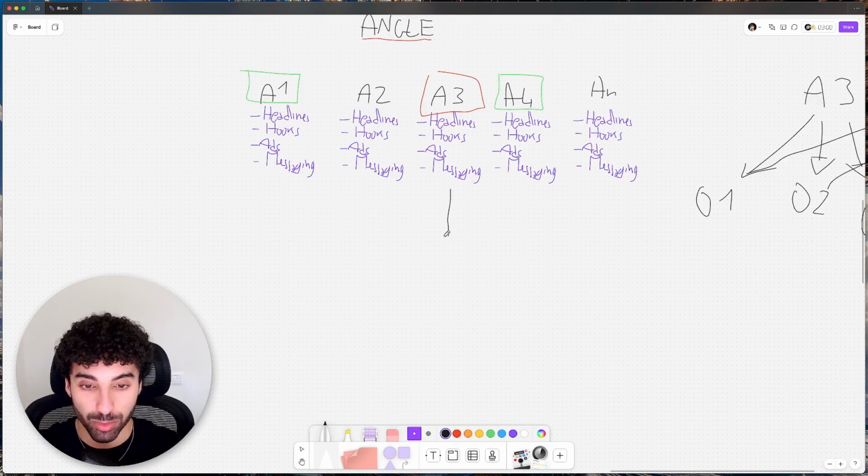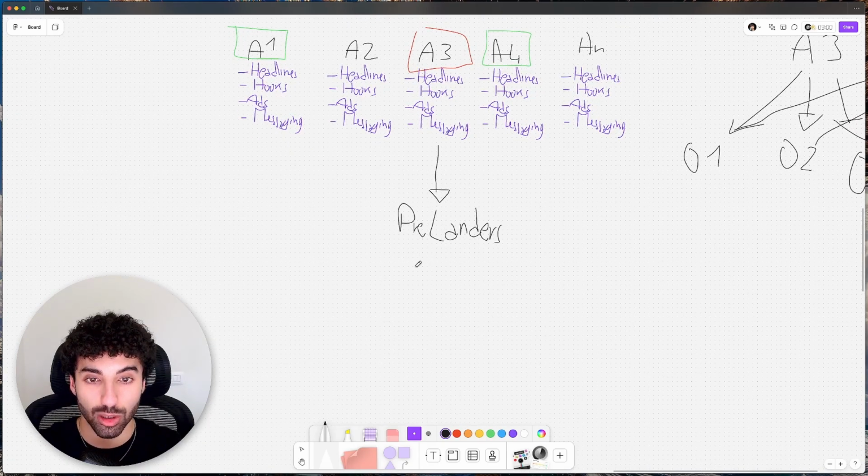So what you want to start doing is coupling your winning angles with specific funnels. Instead of sending your traffic to all of the same PDP or collection page or store, you could start using pre-landers. Now, pre-landers are the perfect tool for warming up your traffic when they come from cold advertisement. When it's cold traffic, what you can use here is listicles, you can use advertorials, you can use a whole lot of different pages here to warm up your audience to your product,